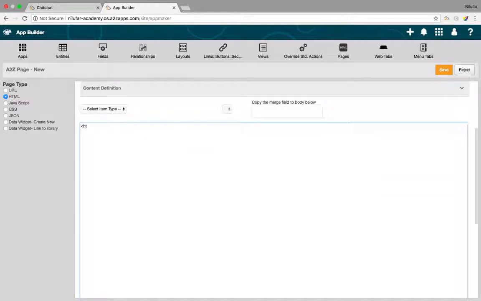Let me just quickly create this HTML page. I'm just going to create the head, and in that I want a title. So I'll give this as help page.